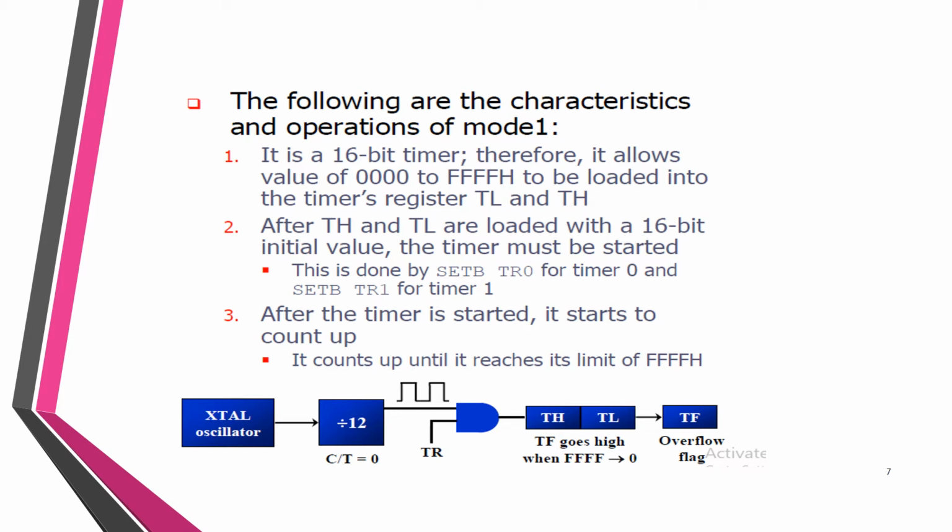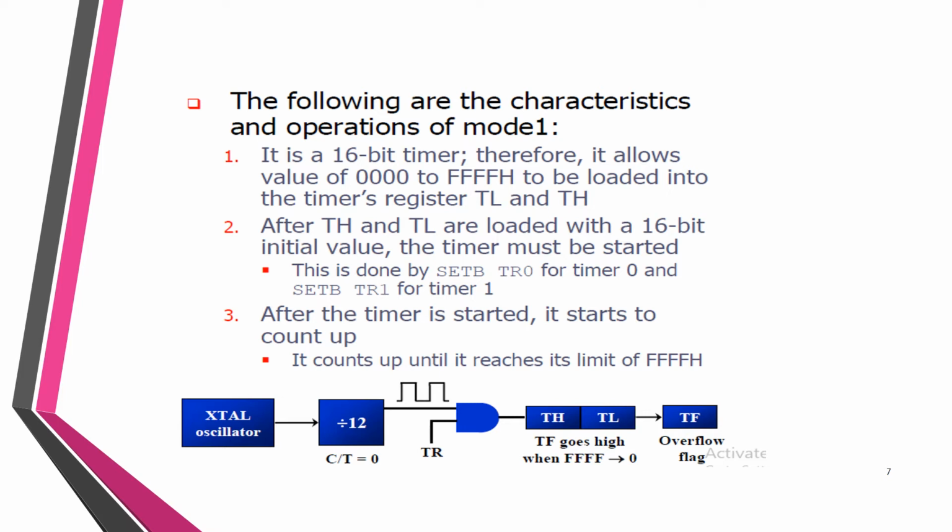First of all, I am talking about mode 1. In general, the operation is mode 0 or mode 1 or mode 2. One more thing I want to add before going for the actual small program and how to write a program for timer operation. Before that, just remember every timer needs a clock pulse to tick. This is very important. You have to remember this before writing the program. Every timer needs a clock pulse.